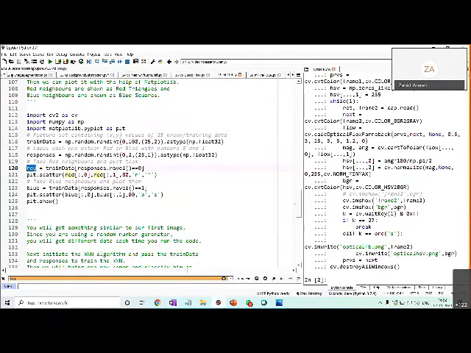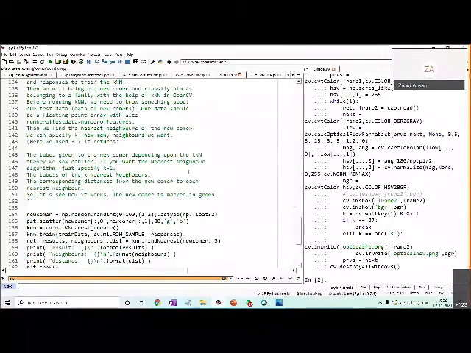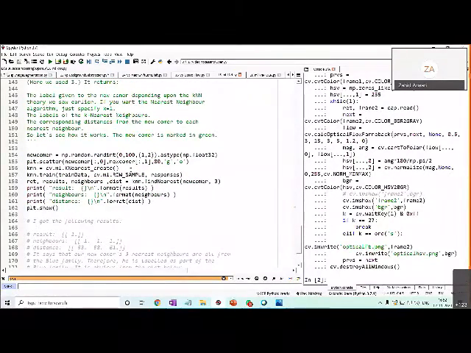Similarly, we are separating a blue point set, and through the scatter plot we are drawing that also. Then we are creating a newcomer, a two-dimensional point with intensity range from 0 to 99, and displaying that newcomer also through the scatter plot.